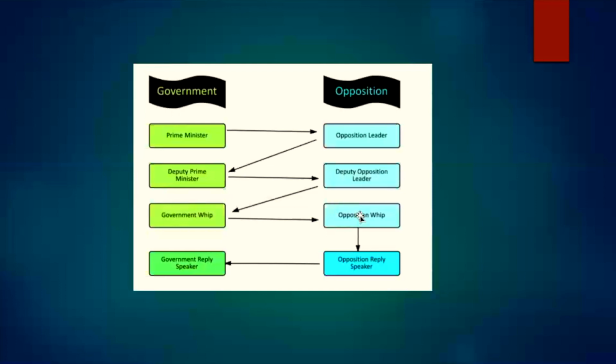And the same goes for the opposition whip. Opposition whip, he cannot add new points. For example, the opposition leader said that increasing government